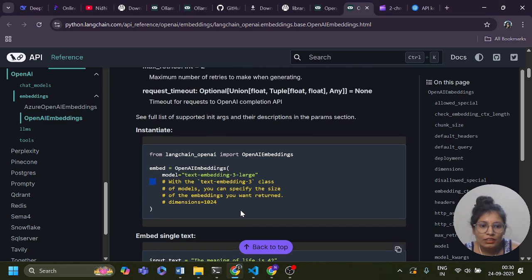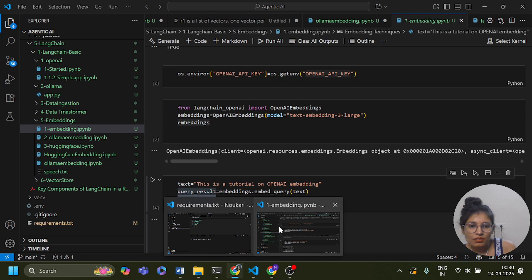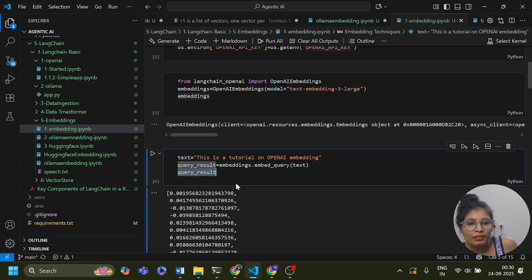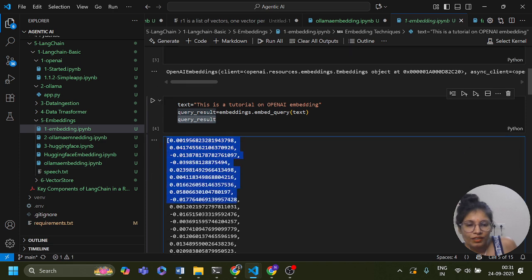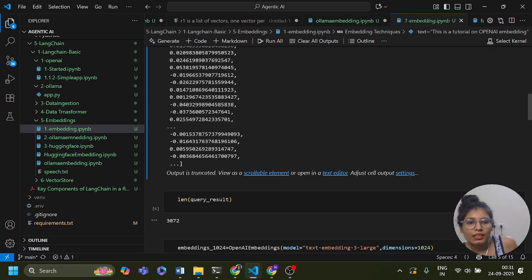So here you can see this is the input query. Vector equals, this is the variable, and embedding.embed_query, hello. This is the query. So print vector 0 to 3, that's why it gives the result 0 to 3. And in our case, this is our query and this is our query result. I mean, we have created the embedding like this. This is the embedding, and this is the query, and the length of this is